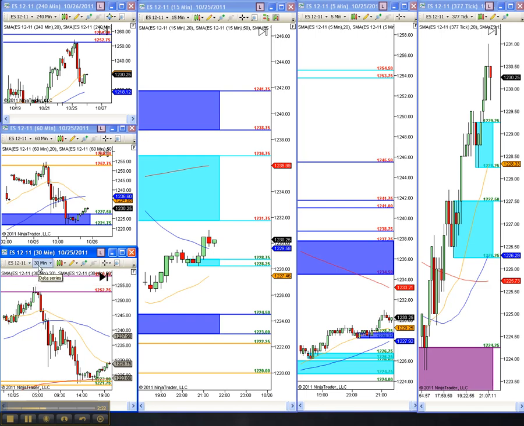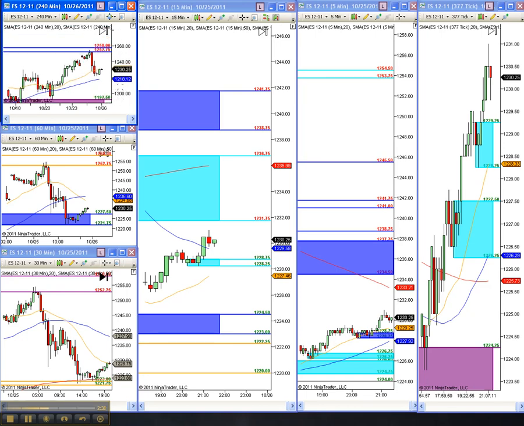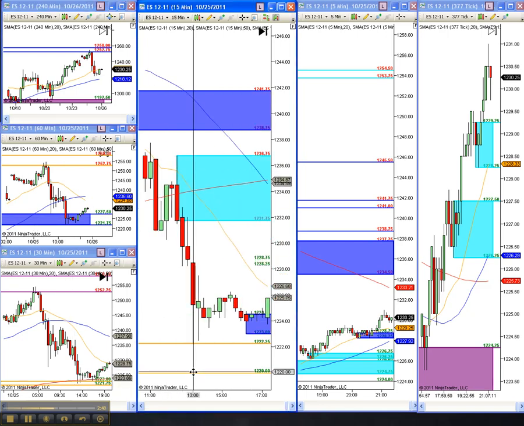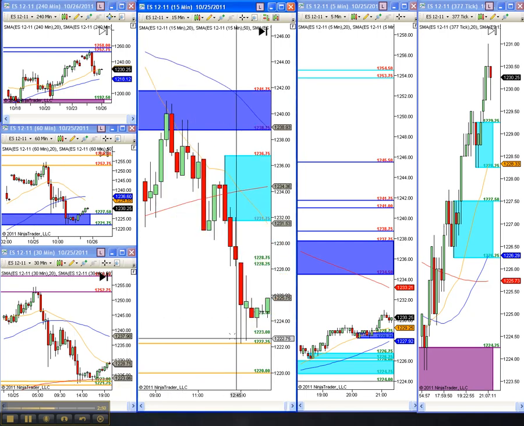Now, this is something very important, even though we have it on the 4 hour time frame. When we're looking at trends, basically we're just looking at what the big move is from one 4 hour zone to the next. So now we're obviously in a downtrend on this. However, looking at the hourly chart, we see that this was a zone there. On the 30 minute, it was a zone there. And on our 15 minute, we had a zone right here. And